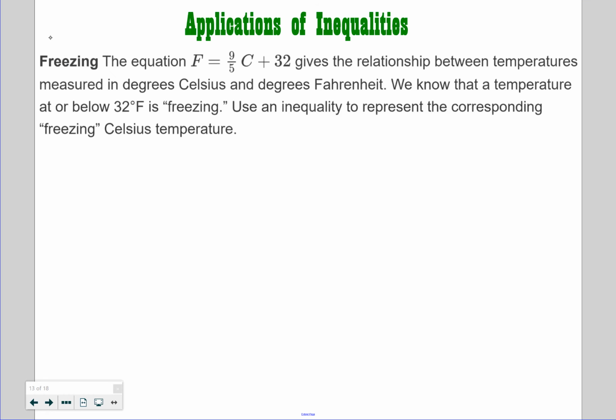Okay, let's look at an application for inequalities. Here we have F equals 9/5 C plus 32, and it gives the relationship between the temperatures measured in Celsius and degrees Fahrenheit. We want to know what temperature at or below 32 degrees Fahrenheit is freezing, and we want to find the freezing